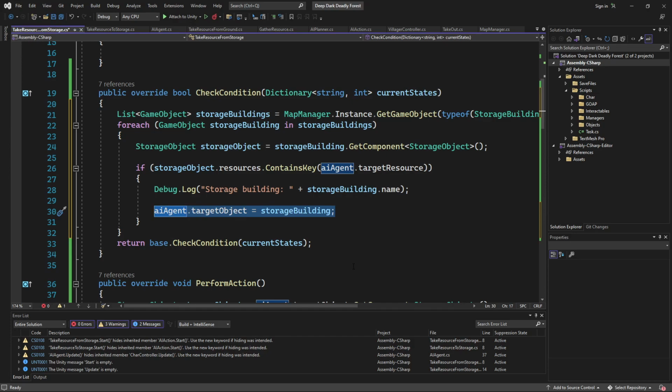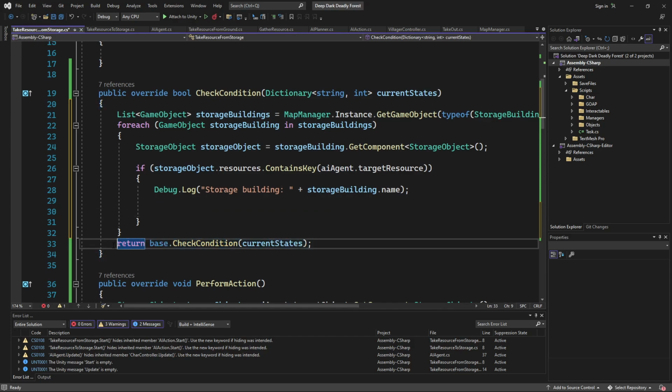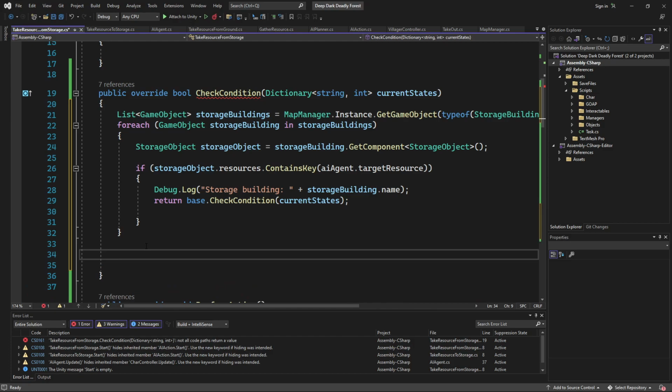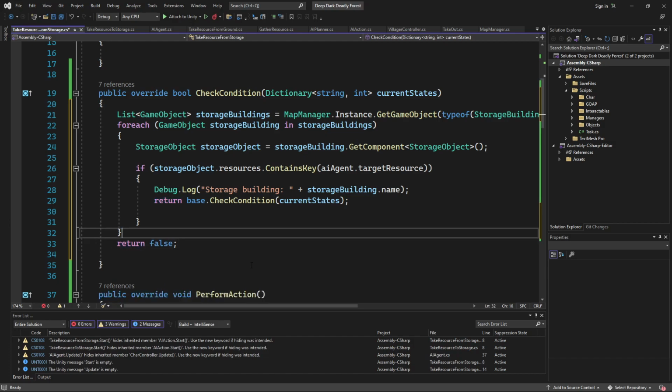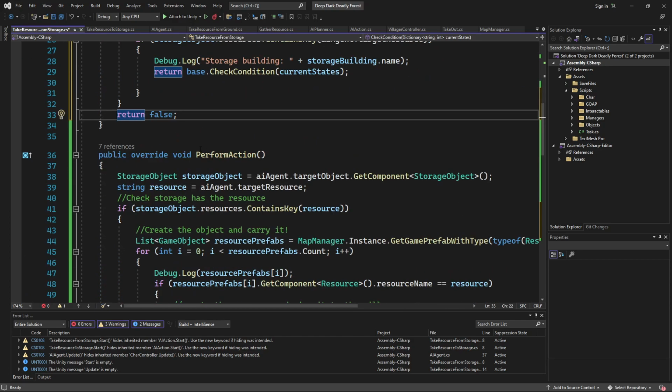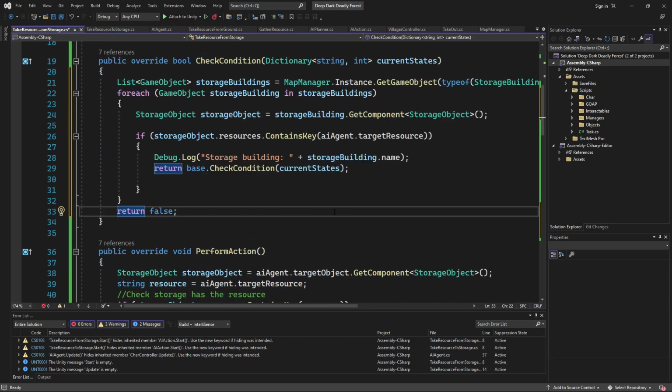Control X, put this in here. So we're going to return the other condition. Then what we're going to say is return false. So it goes through all those. It says, hey, you don't have a storage building that has that. Okay, this has nothing, we're not checking world states, we're checking